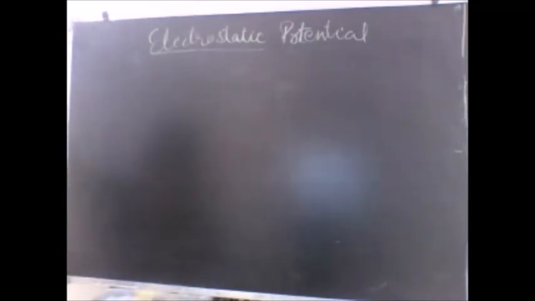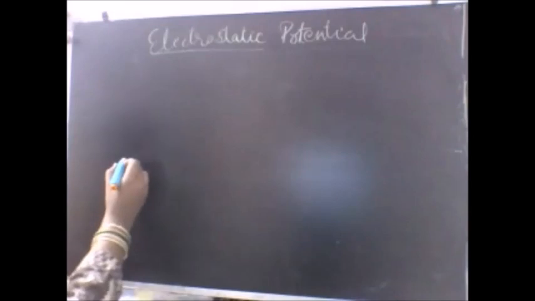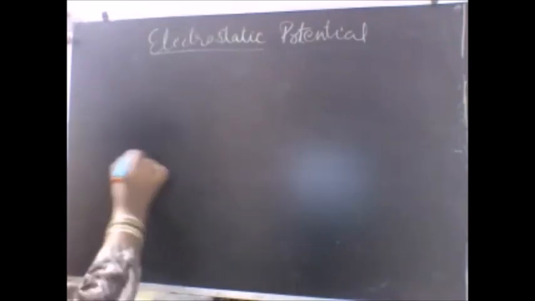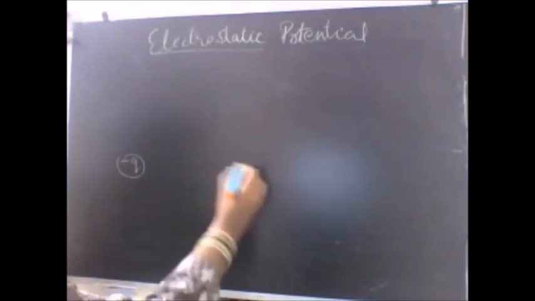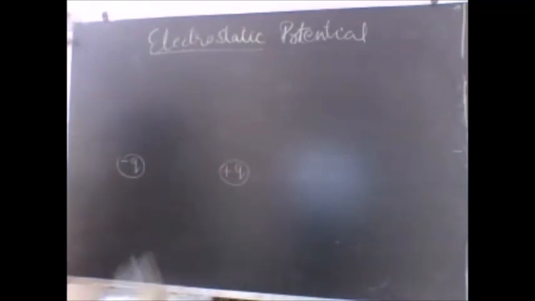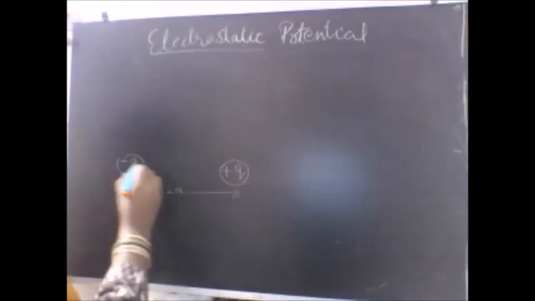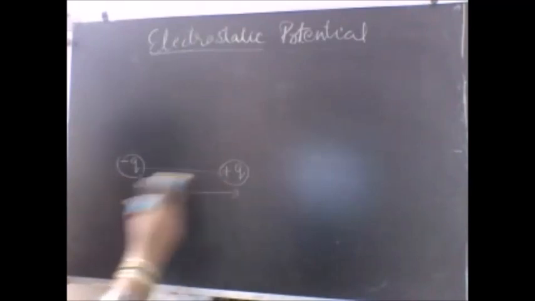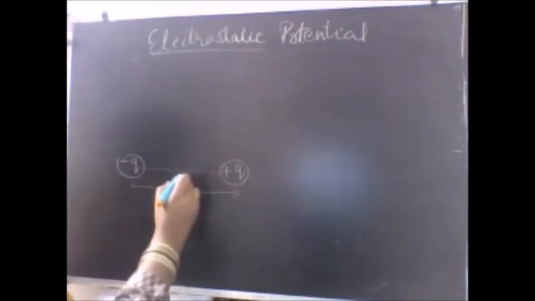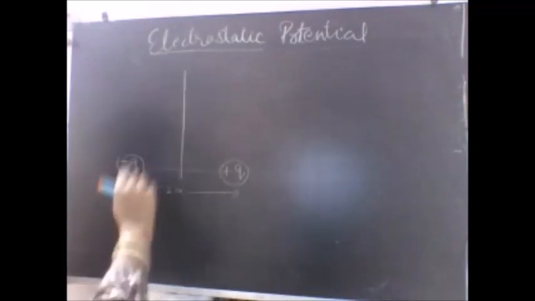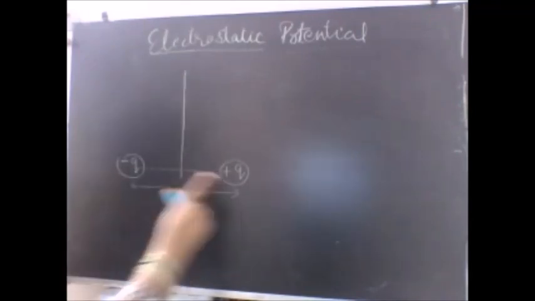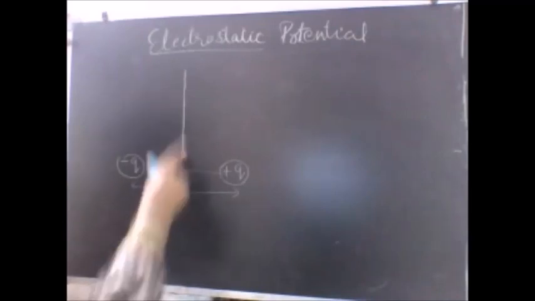Now we are going to calculate electrostatic potential due to a system of charges. The easiest one is, let us consider the case of a dipole. So what is a dipole? You all are aware of the dipole here. It is an assembly of equal and opposite charges which are placed at a certain distance. I take the distance to be 2a, and this distance is known as the dipole length, and the line which is perpendicular to the dipole length and passes through the middle point is known as the equatorial line.